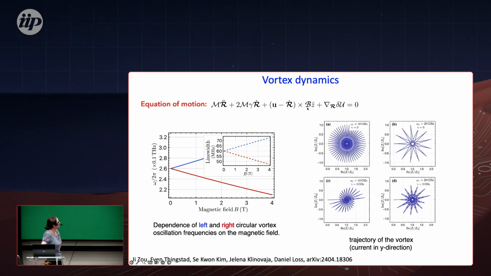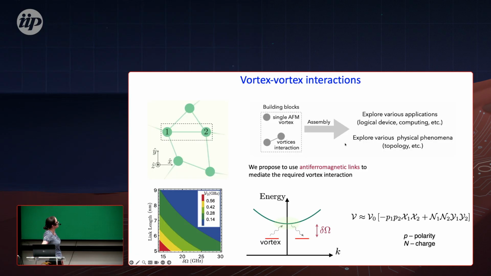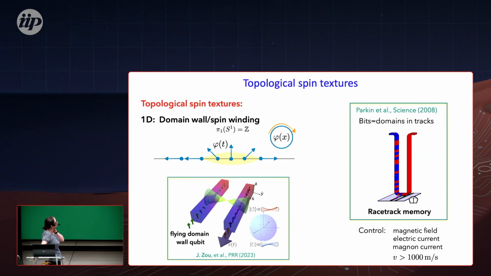And actually, these vortices are very funny. You can also calculate that, applying a magnetic field, you can imagine that you have vorticity, which could be clockwise and anti-clockwise. And then with the magnetic field, we can lift the degeneracy. And these two vorticities would now serve as our degrees of freedom for a qubit. So this line is now our new up and down, our upper and lower level. And by magnetic field, we can also manipulate them. We can also look at how these vortices move. It gives very nice pictures, right? And then also by antiferromagnetic links, we can couple them to each other.